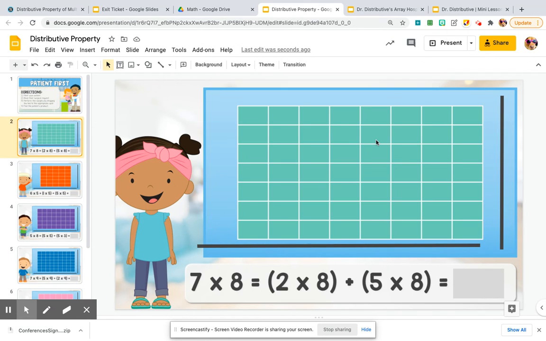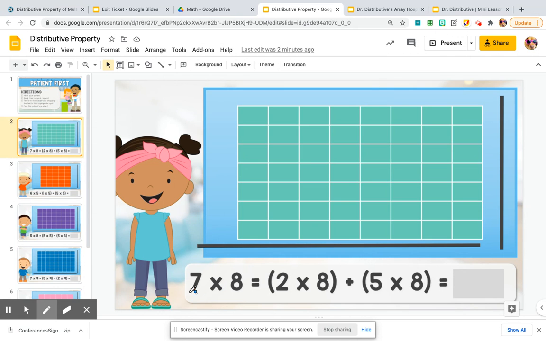As you can see, the array is whole and representing 7 times 8. 7 rows, 8 columns. Remember, an array is a rectangular shape that we use to model multiplication facts. And we can easily model multiplication facts with arrays because it allows us to show equal groups with rows and columns. Remember in topic 1, unit 1, we talked a lot about